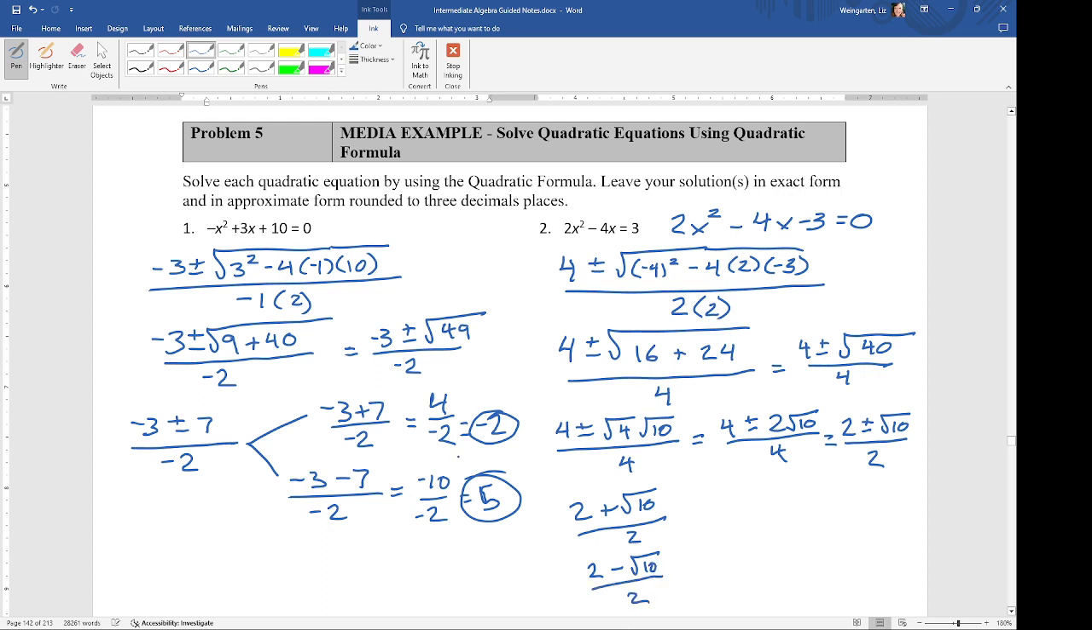That's our exact solution. For our approximate solution, I'm going to use these wavy lines. That means approximately. I'm going to go ahead and type these in my calculator. I do not have the square root of 10 memorized. So 2 plus the square root of 10, divided by 2, you should get about, it wants 3 decimal places,